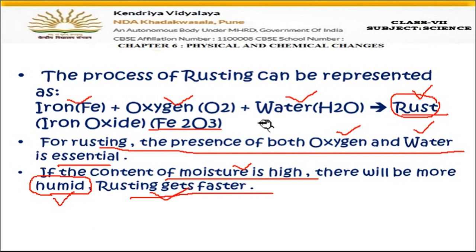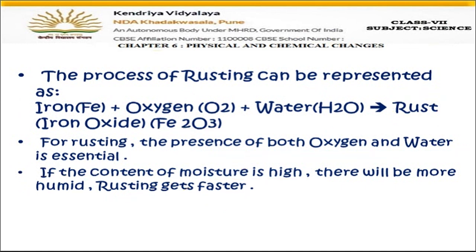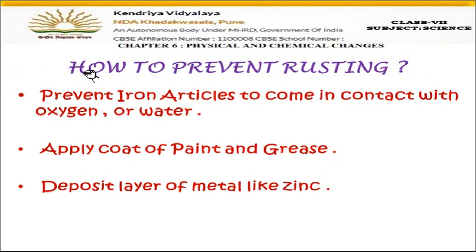This reaction will be faster because more water is available and more oxygen is present in the air, so more reaction will take place and rusting will get faster. Okay, so in humid conditions rusting gets faster. Fine. Now let's see the next slide: how to prevent rust, how we can